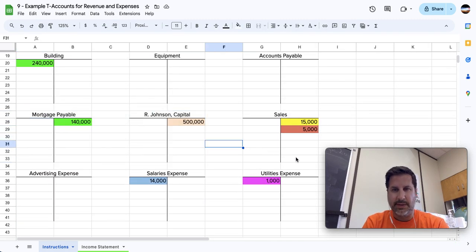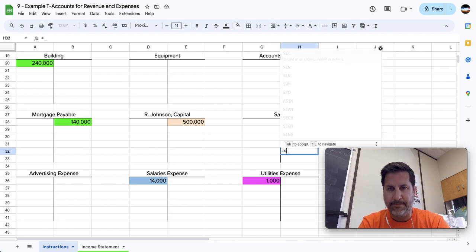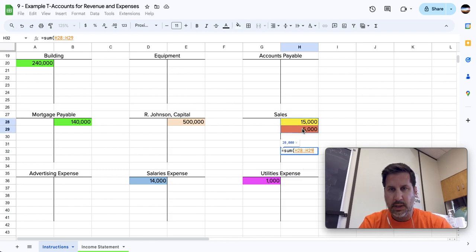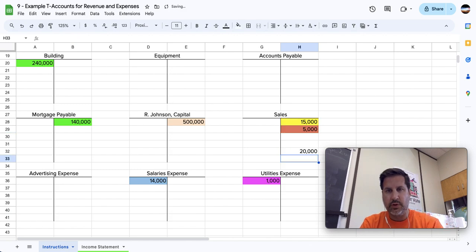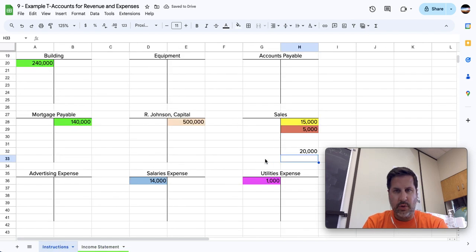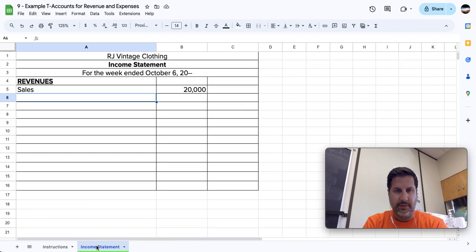I didn't do my totals here because this is not how to do T accounts, this is how to do T account transactions that include income statement stuff. So $20,000 is our sales. So I'm just going to put in sales, $20,000. We had no other revenue at this point. This is going to be the easiest income statement we've ever done, by the way, everyone, but for the purpose of this example,